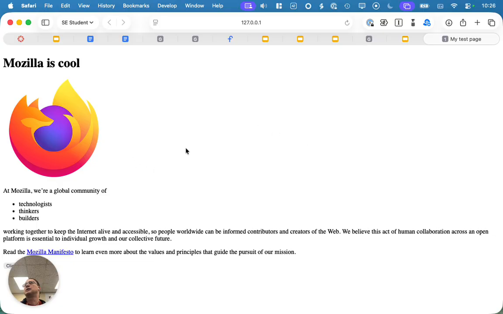Okay, so basically what VS Code is doing behind the scenes is it's running a web server locally on your computer. 127.0.0.1 is a special IP address, which means localhost, or this computer, the one I'm sitting in front of. And so this is what that web page looks like when it's rendered. We can see the link, we can see the image, all the good stuff. So tomorrow,